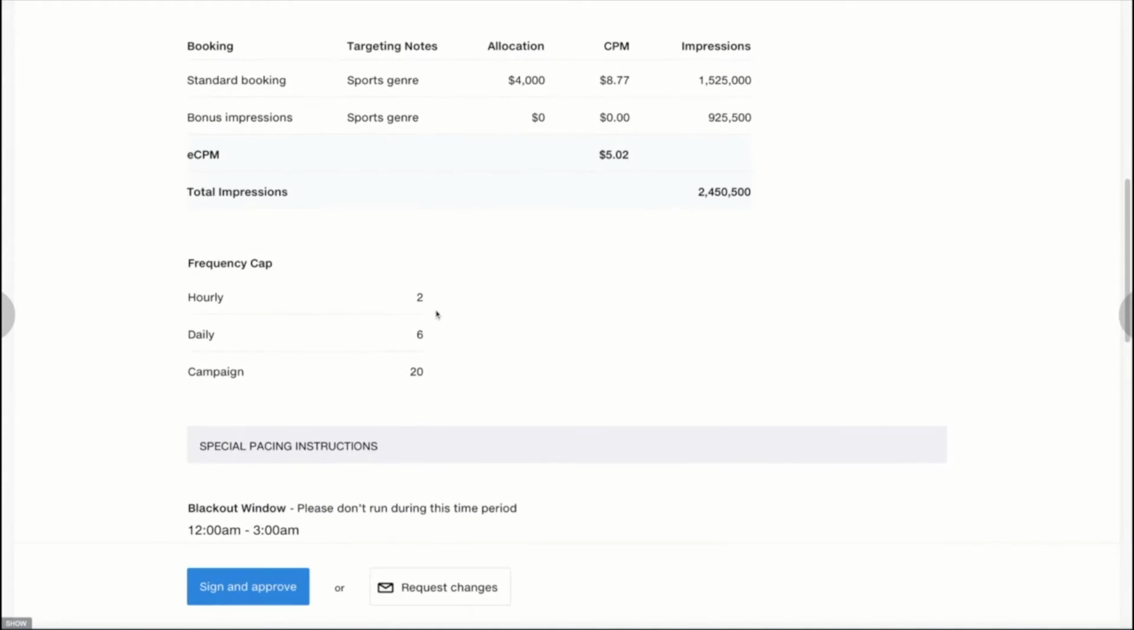We then move into the frequency caps. So we can see here the standard frequency caps that we use, but as you would know, some of our clients will change these based on their needs and their campaigns and their creatives. So we can see here an hourly cap of 2, a daily cap of 6, and a campaign level cap